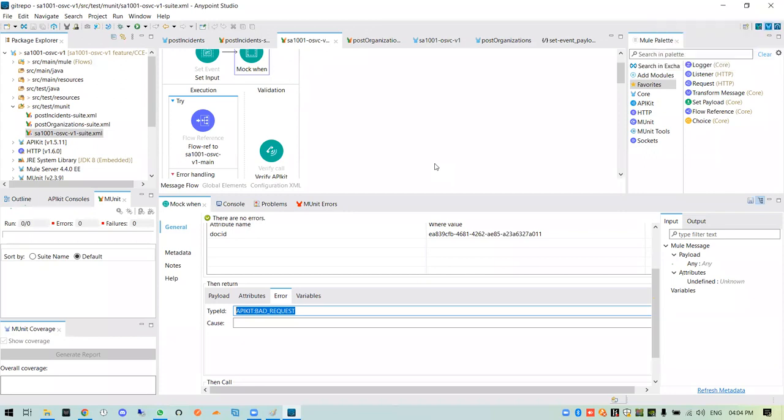Yeah, you're able to see the screen, right? You created this by using the MUnit recorder only, right? Sorry, you created this error scenario also by using the recorder, right? Yeah, I created this with the MUnit recorder also. Okay, I modified something. So there are some modifications that we need to do, and there will be a small